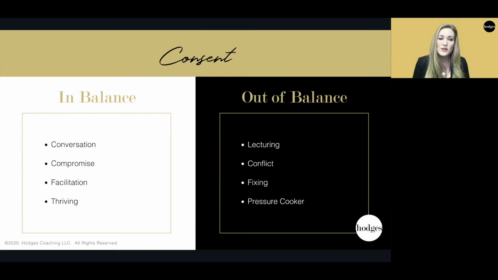And when you do that, consent used in balance facilitates more conversation because there's more give and take. Oh, so you say no, okay, cool, I respect that. Can you help me find an alternative solution? Right? Or do you have any other ideas? And that might lead to some compromise. They might say, okay, well, here are my other ideas. Or, well, I know that I can't work tonight, but if you really do need me, I can work next weekend and I'm happy to do so. So the consent conversations lead to compromise. And it also helps with facilitation.